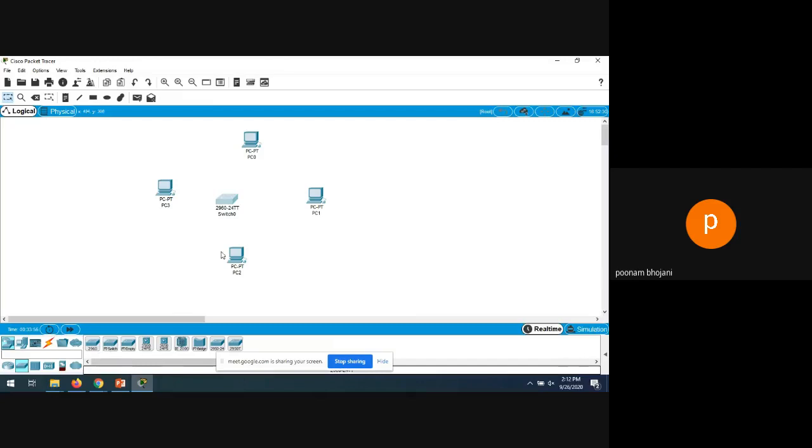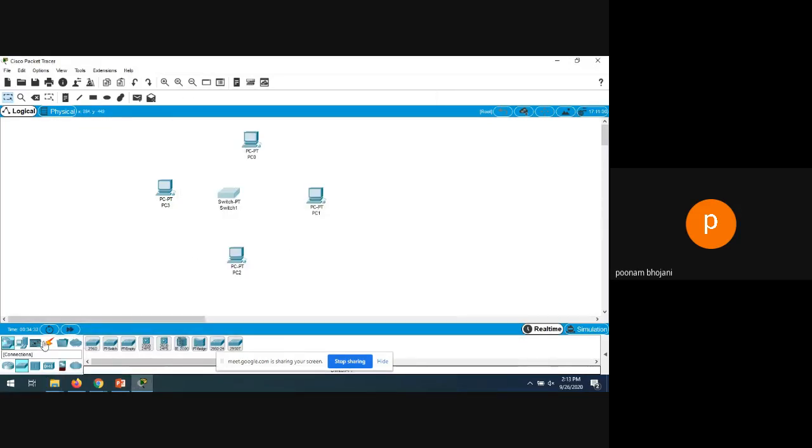The 2960 switch is also there, the PT switch is also there. And if you want to select any component, I told you, select the component and delete it, and it will be deleted like this. Okay, so whatever switch you want to take, you just take a switch and place it here. And now I want to make a connection. This switch is working as a central controller. I want to connect all the stations, all the PCs, with this switch. Okay, I will show you the configuration later on.